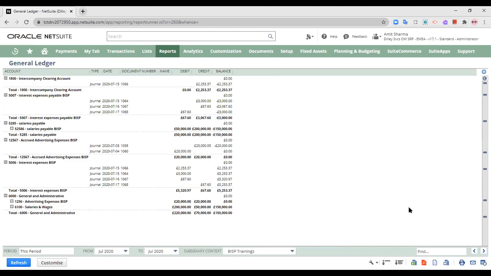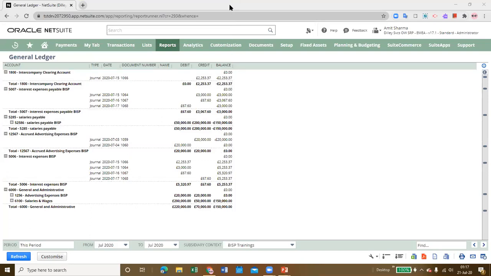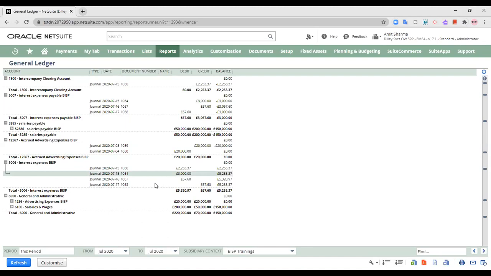And also, if I would like to mail this report to any of the personnel, my subordinates or the superiors, I can directly click on this link and the email link will open up. So this is the email link that has opened up. When I click it directly from here, the email link opens up. It contains the link to the report, and I can select whom I would like to send this report to. So this is how I can also change my views to the GL report.